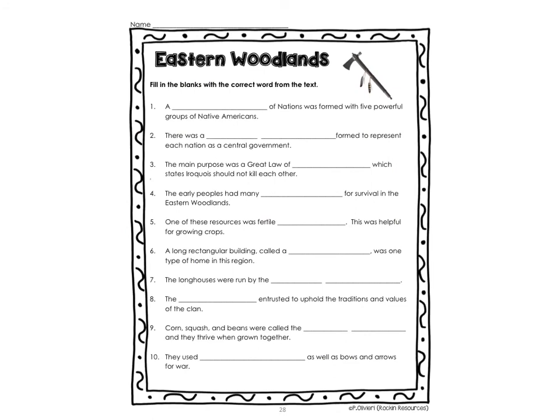For the assignment that you are going to be completing, you need those bolded words. There are 10 questions. Those are the eastern woodlands. So now you need to go and fill in the blank with the correct word from the text. When you are done with this, submit it and go and watch the video on the wampum belts. You'll have to scroll down in the link a little and look for the play arrow.